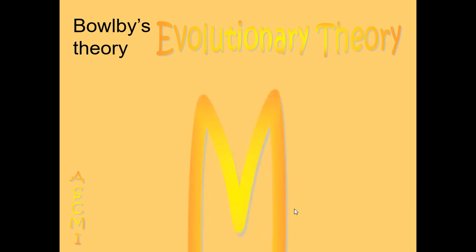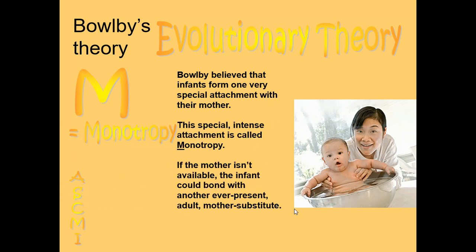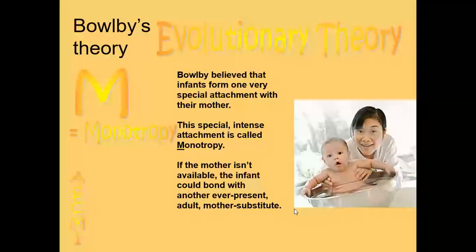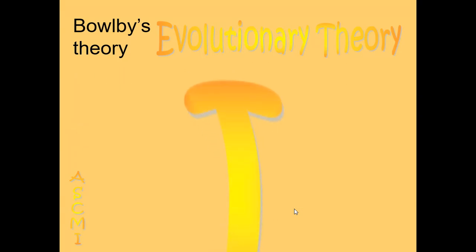These attachments tend to be formed with one special person. This is the idea of monotropy. If you remember, Bowlby suggested it was the mother that you form an attachment with. This is an example of alpha bias. The baby could bond with a mother substitute, but it's one special attachment. So monotropy, one attachment, one special attachment. So it's adaptive, you've got social releasers, there's a critical period, you've got monotropy, and then the last aspect of the theory